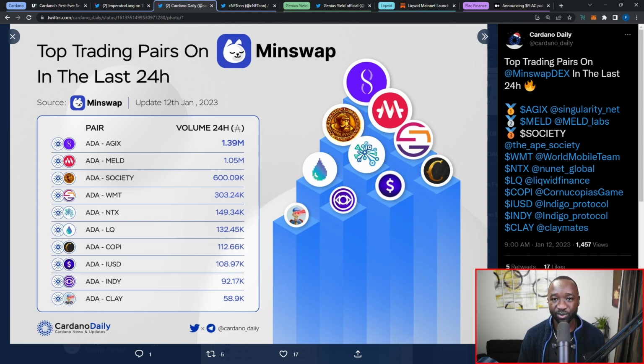As a part of the registration for the testnet, we did see over 4,000 different users register for their testnet. And they'll be picking 500 of those users and emailing them over the course of this next coming week. And we should be seeing the testnet kick off this Monday, which should be January 16th, on the pre-prod testnet. Right behind Meld, we have ADA Society with over 600K in terms of ADA trading volume,